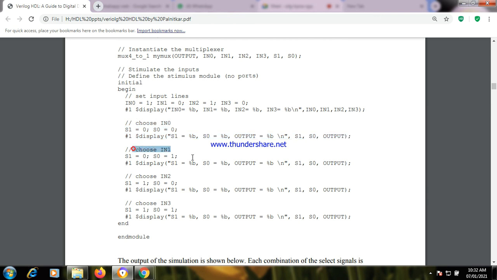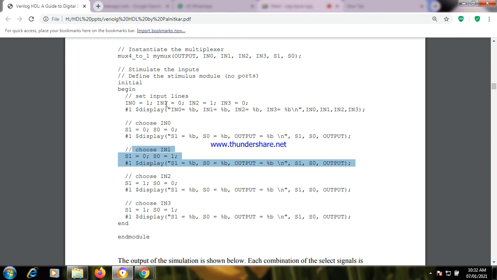The next condition, IN1. IN1 means the second input. When can you expect the second input at the output side? If select lines are 0, 1. If select lines are 0, 1, you are displaying S1, S0 and output, meaning at the output side I can expect 0, 1, then IN1.